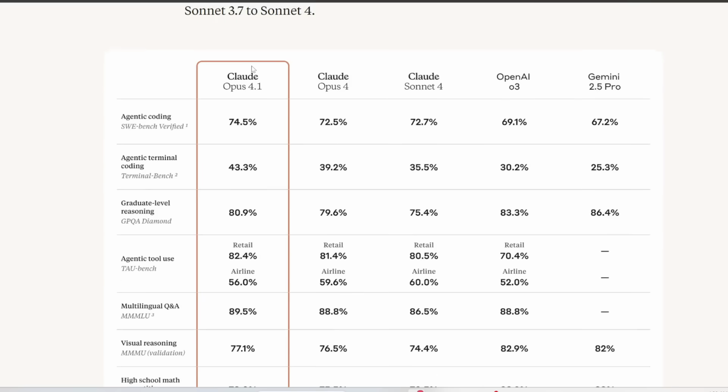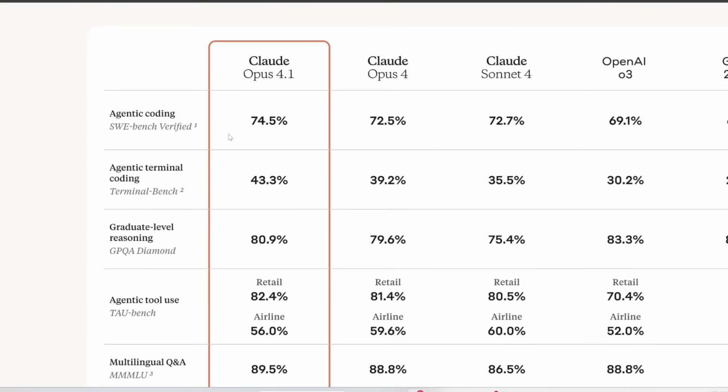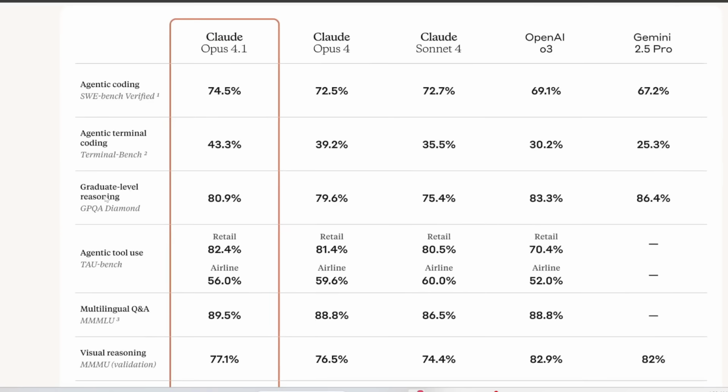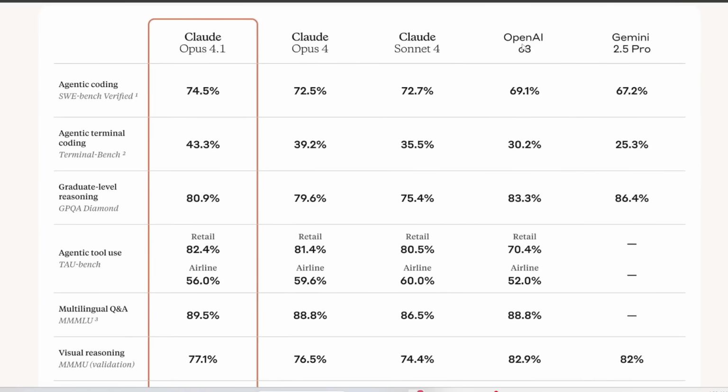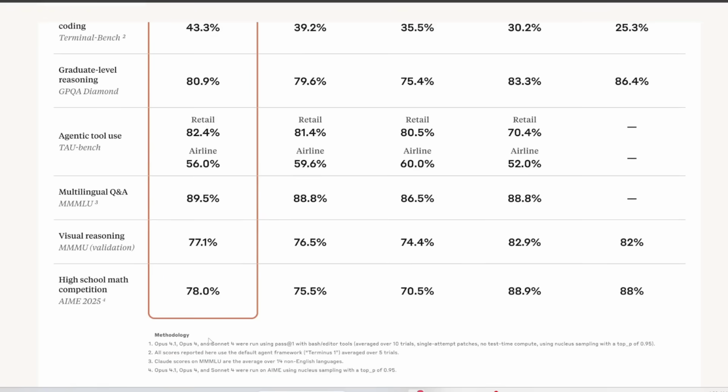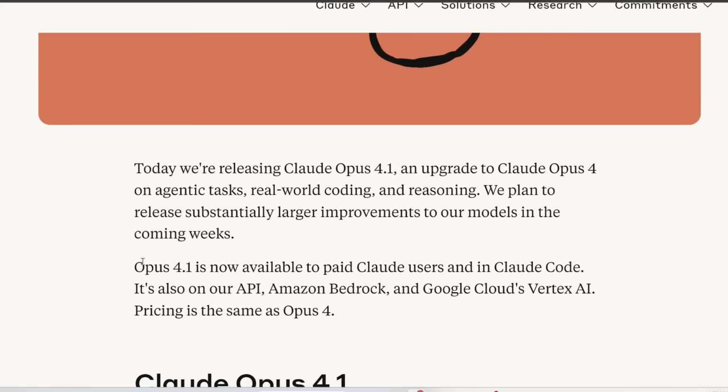Again, Claude is known to do really well at coding, so it scores the highest in the first two rows. However, it kind of sucks for everything else. So if you look at graduate level science questions, it only scored around 81%, whereas OpenAI's O3 and Gemini 2.5 Pro score way higher than that. Same with visual reasoning and competitive math. So you can see that both O3 and Gemini 2.5 Pro score higher than Claude Opus 4.1. Also note that currently Opus 4.1 is only available to paid users, whereas GPT-5 is already available to free users